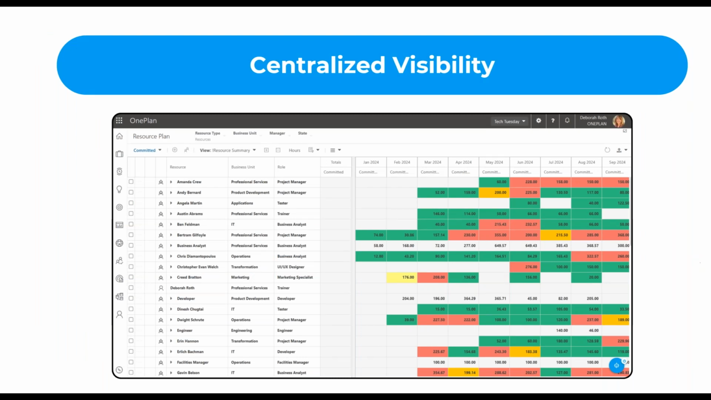It provides centralized visibility. The Global Resource Planner provides a comprehensive view of resource allocation, availability, and utilization across all projects in your organization, again enabling decision makers to identify potential bottlenecks and allocate resources more effectively, thereby improving the overall resource use. So you get that centralized view of all of these resource allocations, making it easier to